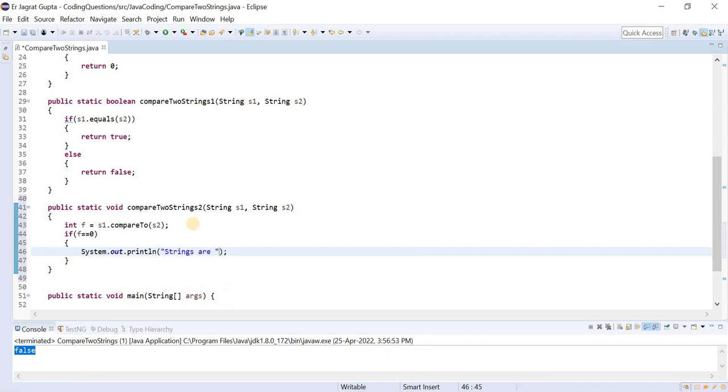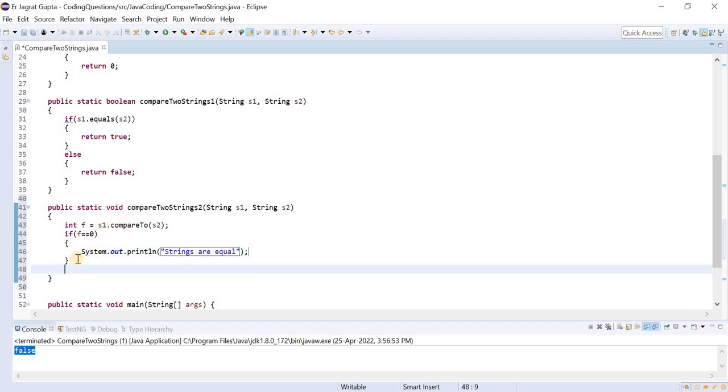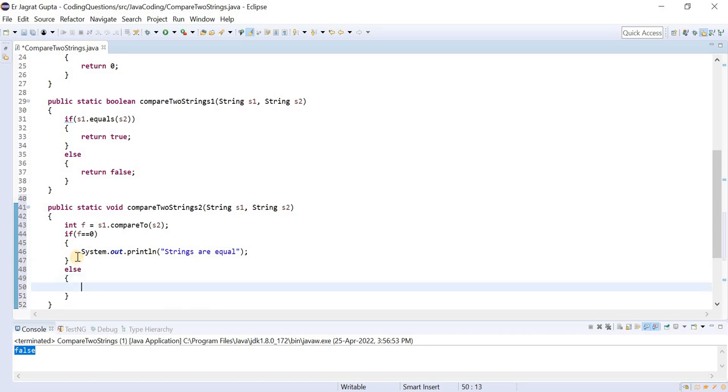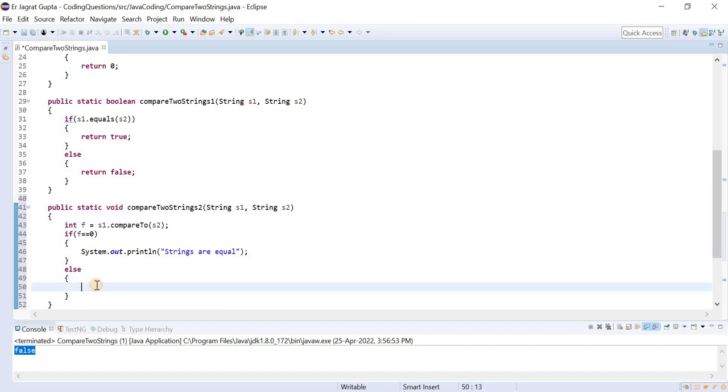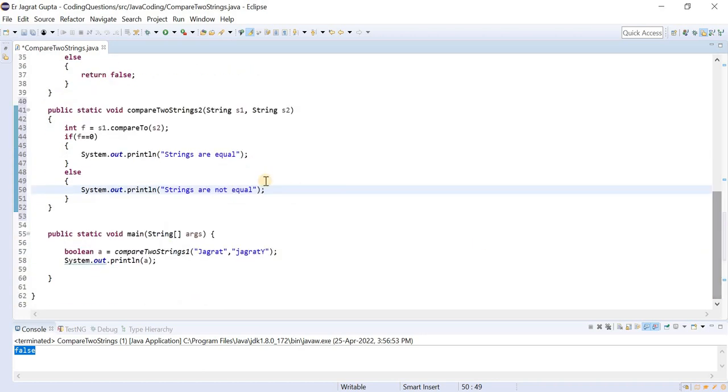Strings are equal. Else, both strings are not equal. Simple. If the value is 0, then we can say strings are equal, otherwise strings are not equal.